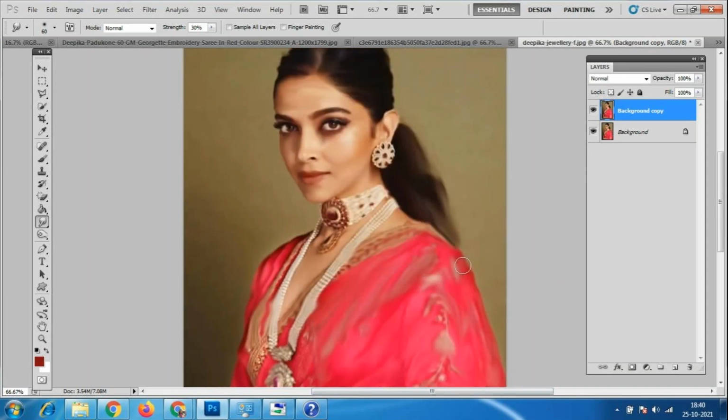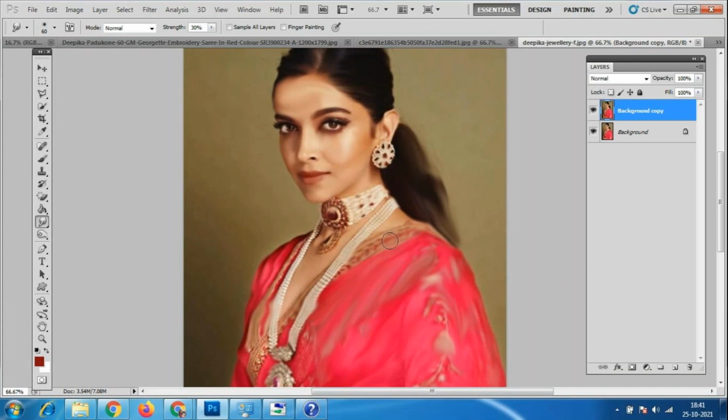So we have to keep on working with this until we get the result, because sometimes we'll get this kind of patchwork. Okay.